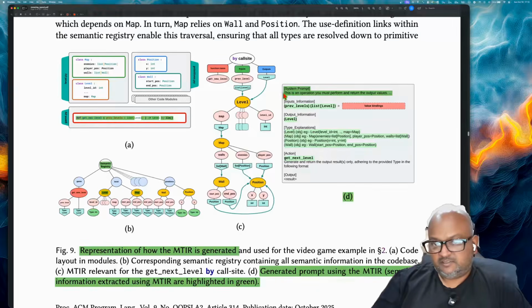Now here the prompt is pretty generic. This is what's baked into their runtime. So this prompt is going to get used at runtime. It's going to populate values that are known at runtime, in this example, the previous level. And all this semantic information about what the types mean is coming from the semantic registry that the compiler built at compile time.